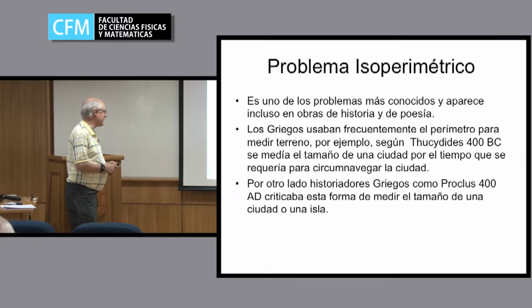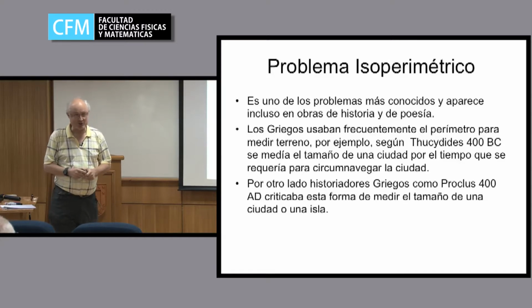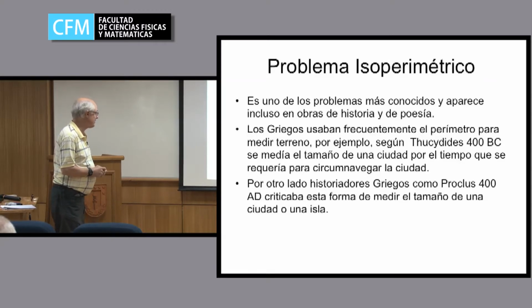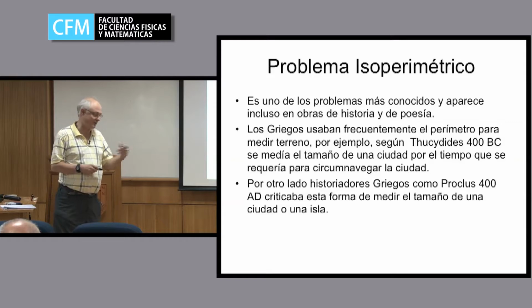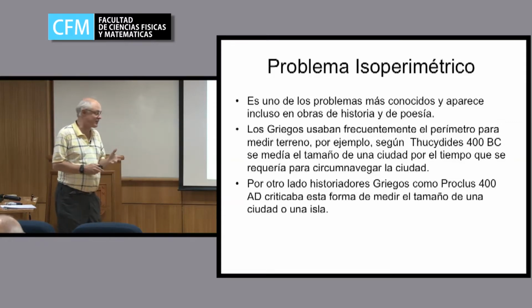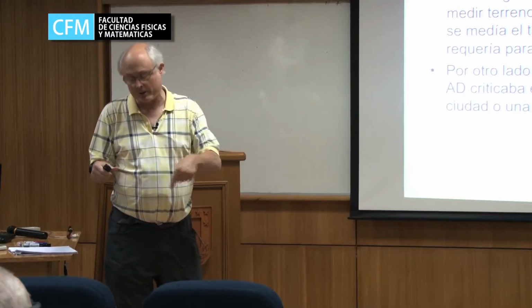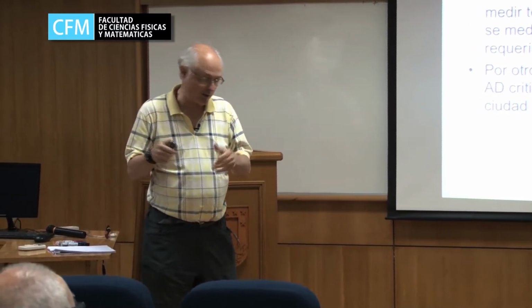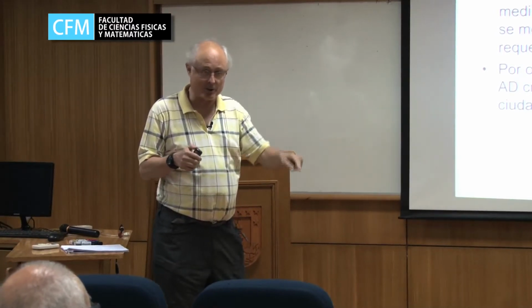But it is said by some of the historians that people measured land, say, or sizes of cities or sizes of islands by measuring the length of time it took to walk around the city or the island or the land or whatever. And of course, that is essentially a question of trying to measure the size of something, and typically by size, at least today, we would mean area, by measuring the perimeter,